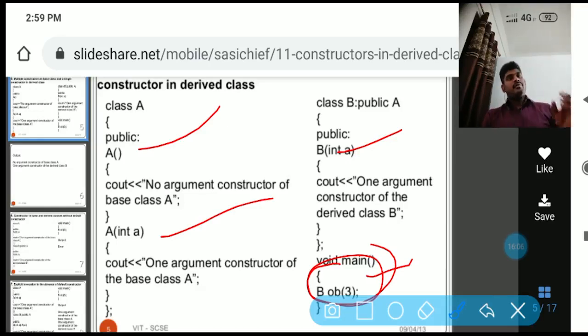When the base class constructor enters into the derived class, the data members of the base class can be executed in a proper way through the base class constructor by calling the object. Remember, if we want to access the data members of the base class in a proper way, only the base class constructor can do it.